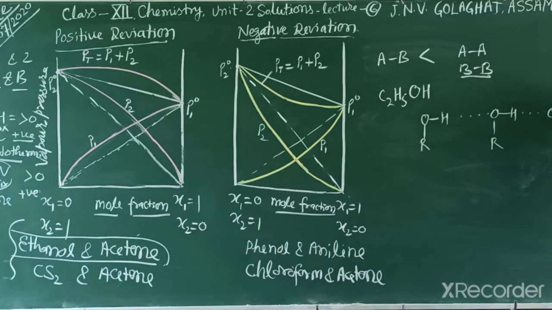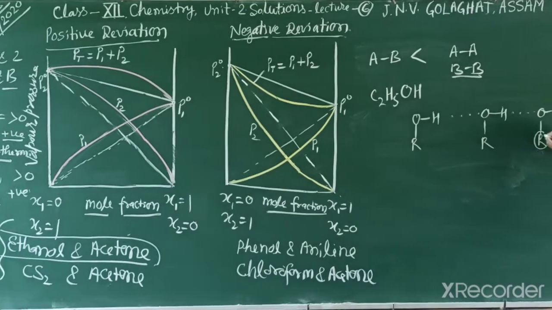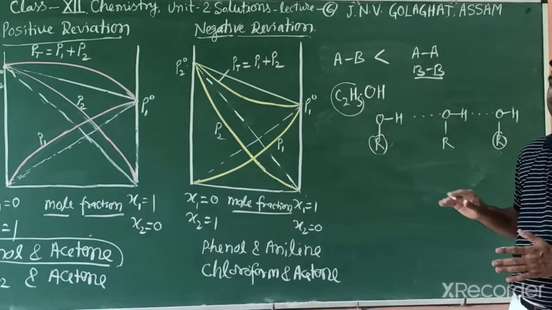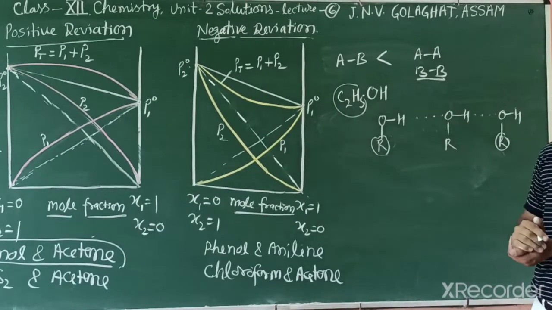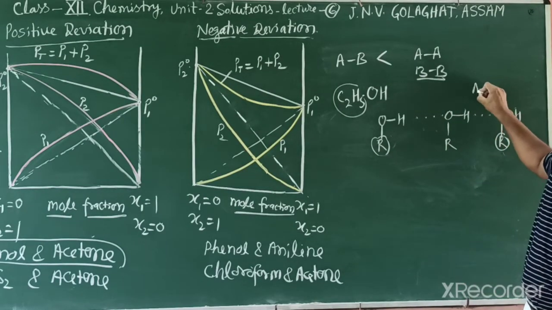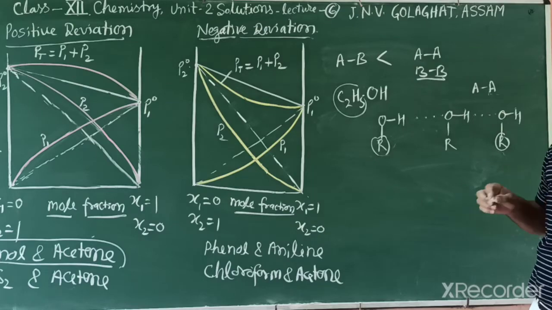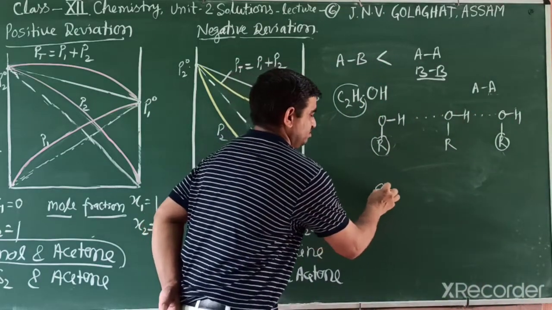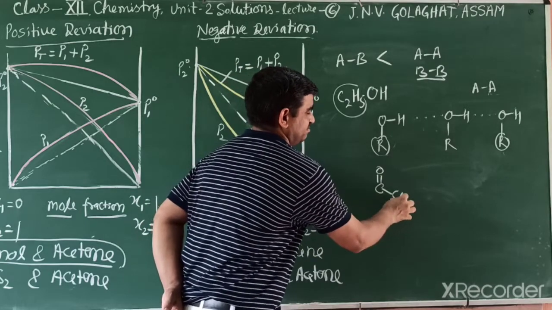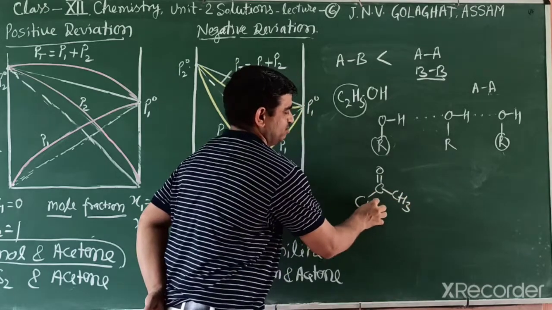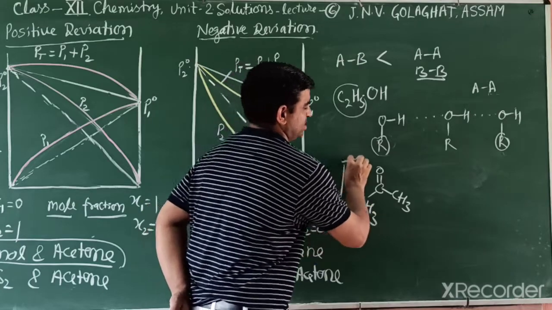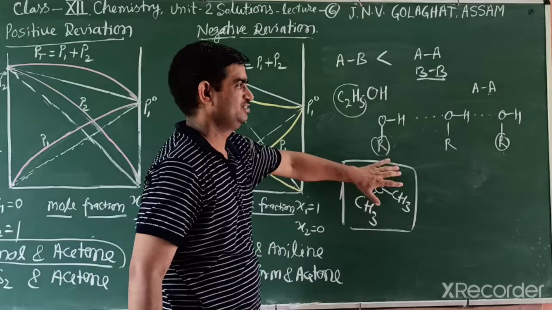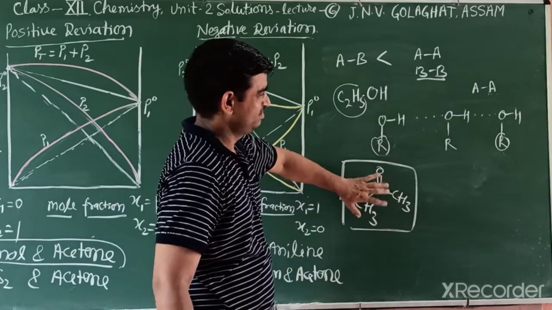In alcohol, which type of bonding is present? Here R is C2H5. So between ethanol particles there is intermolecular hydrogen bonding. You can say this one is an AA type force. The other one, you know, is acetone. Acetone is a ketone, with this type of structure. This one is acetone, a ketone, propanone, and it is polar in nature, but there is no hydrogen bonding.